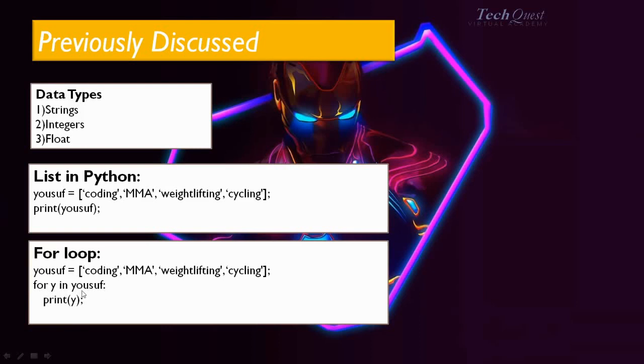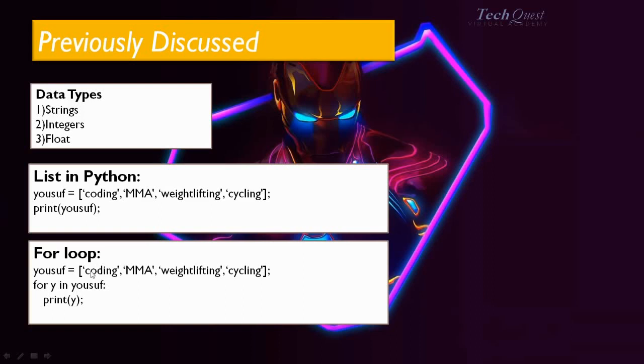For y in Yusuf means for each index in the variable containing the list. So if we go to Yusuf, here we can see at the index 0. I have told you the concept of indexing, that indexing starts in Python from 0 and then goes on. So for index 0 in Yusuf, if we go to Yusuf,